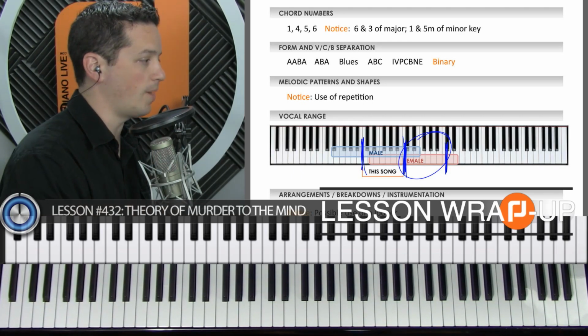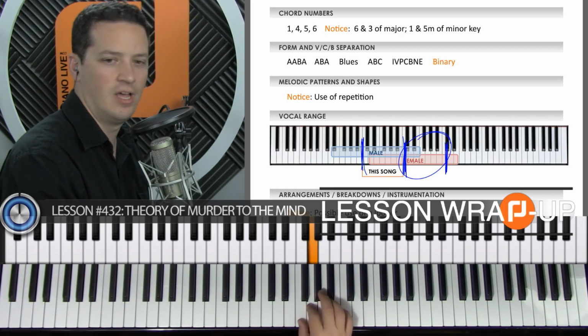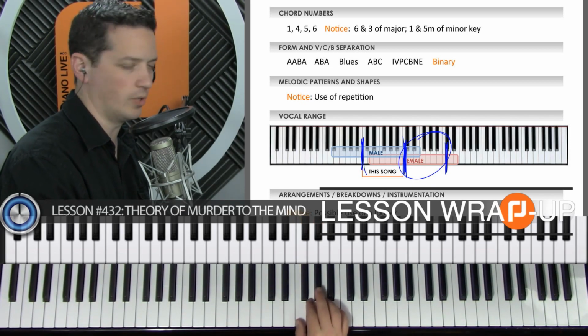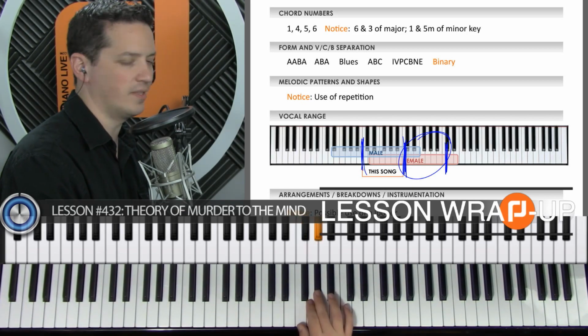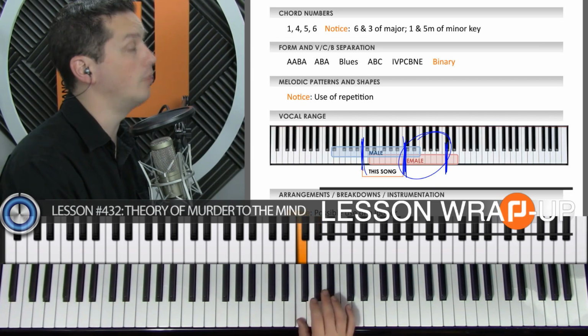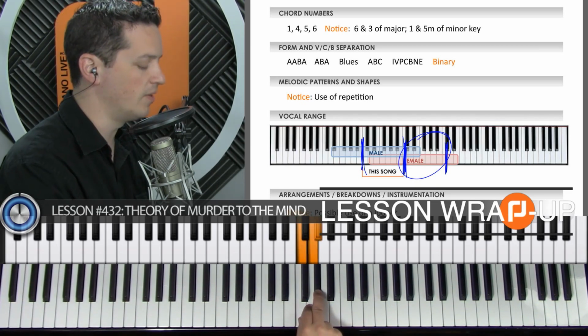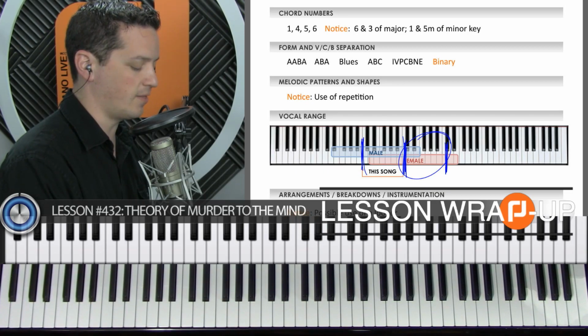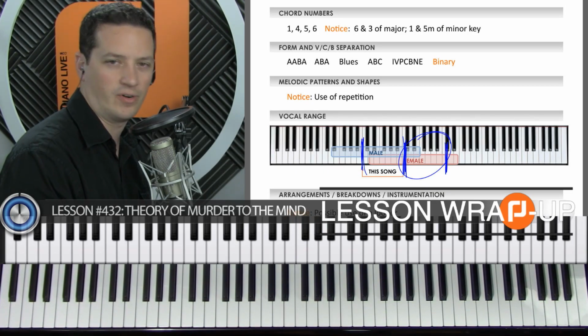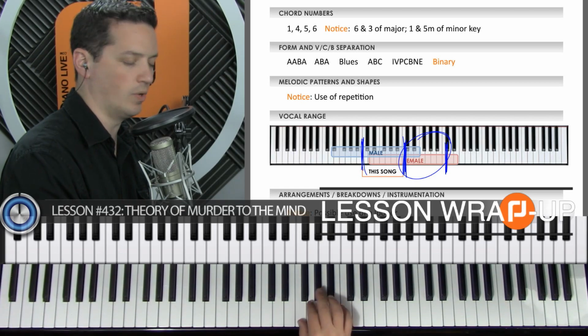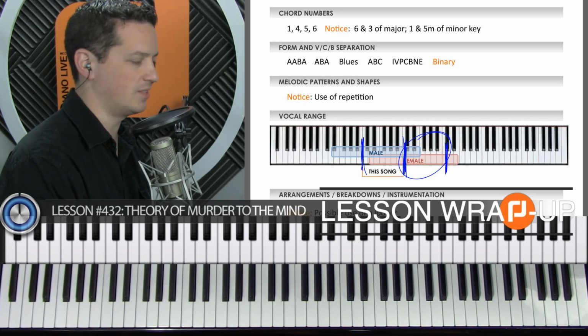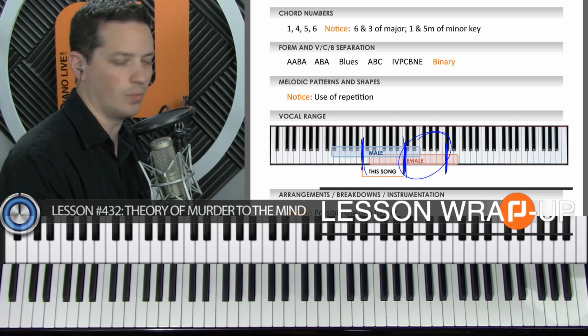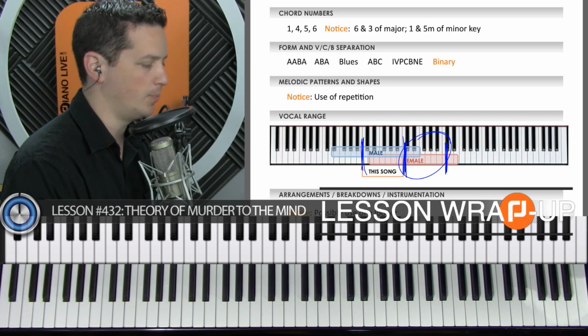And then the repetition in the melodic patterns, especially around these 3 notes, whether you want to call this the 1, the 2, and the 3, or the 1, the 7, and the 6, or the 2, the 3, and the 4, if you want to call this the key of E flat, then those are the 3 notes that are going to get repeated the most. So if you're going to do a cover of this, then those are kind of the notes that you want to just kind of stick around the most. And then if you don't really hit the other notes, not many people would notice.